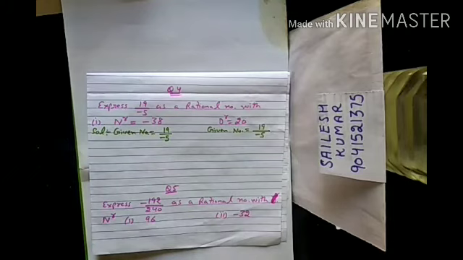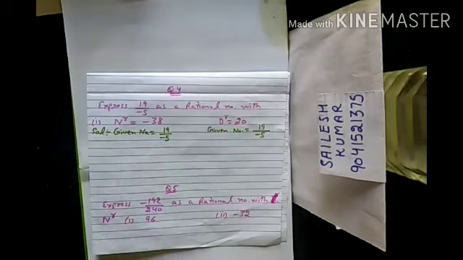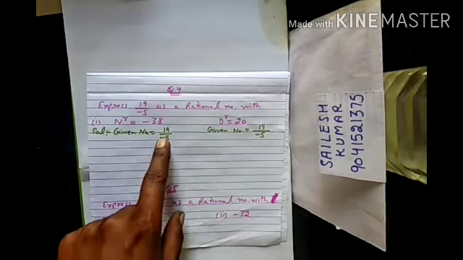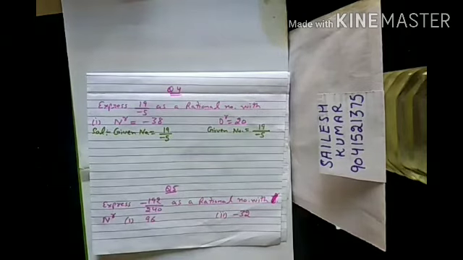Here in this question we have to express the given rational number 19 over minus 5 with the numerator minus 38 and the denominator 20. Here we see that the given numerator is 19 and the required numerator is minus 38. So we have to convert 19 to minus 38. So first of all we will think how 19 will convert to 38.